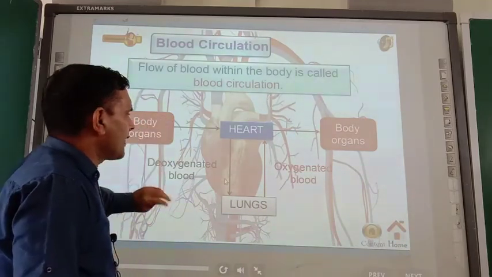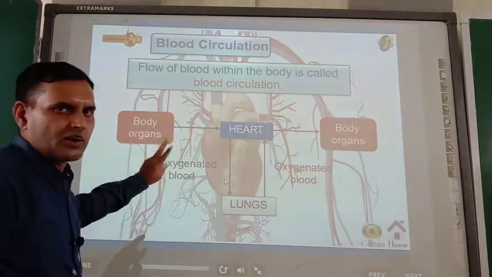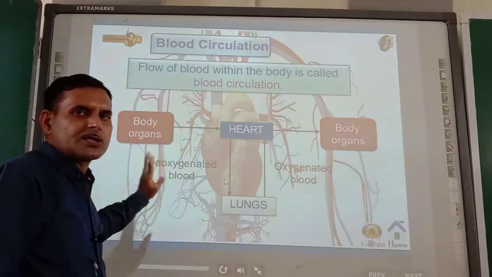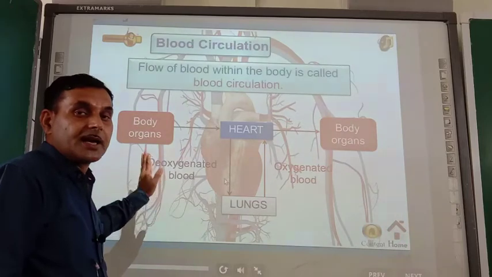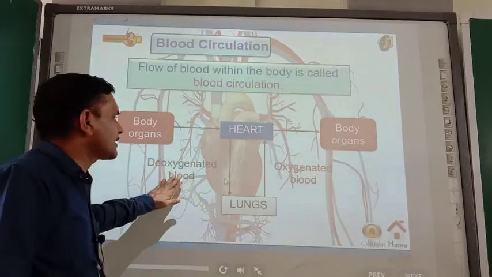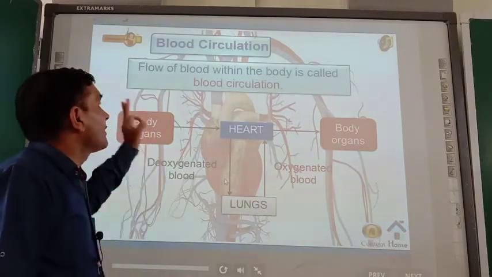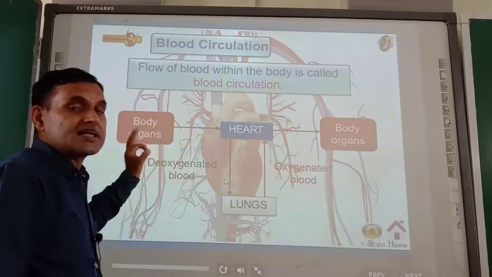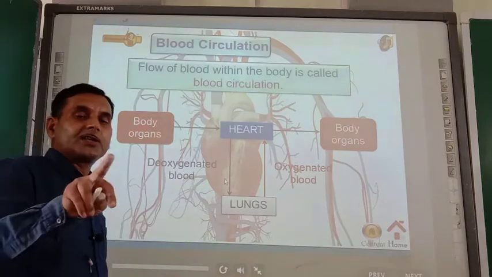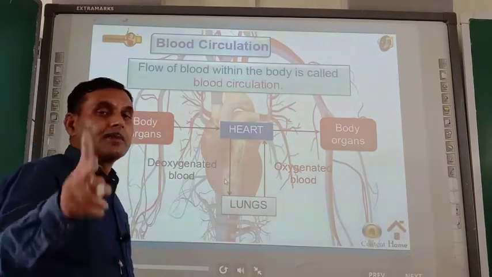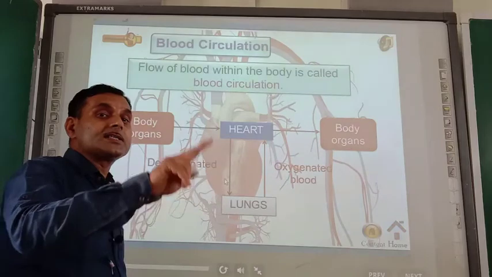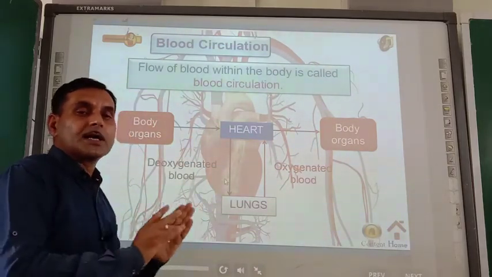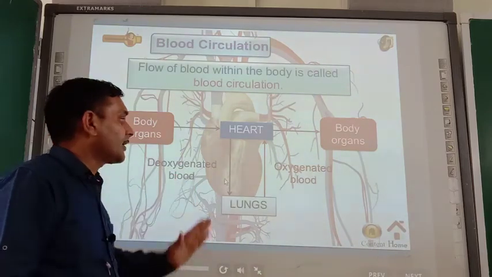And remember here, how many kinds of blood are circulated? Two kinds of blood are circulated here. One is the oxygen rich blood, and the other is carbon dioxide rich blood or deoxygenated blood. That is why the human blood circulatory system is known as double circulatory system. Why is it known as double circulatory system? Because two kinds of blood are circulated, pure and impure, and both bloods are not mixing with each other, because